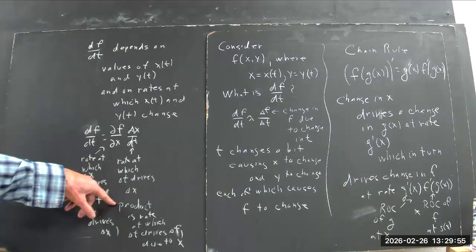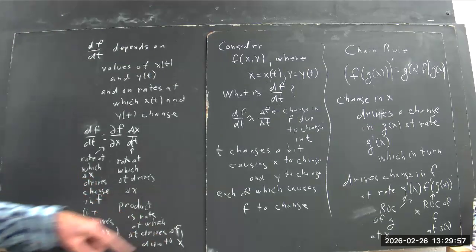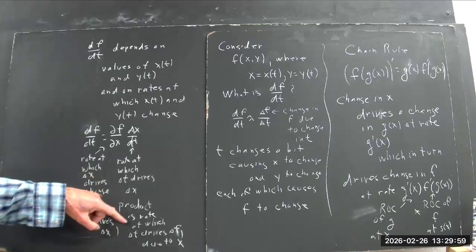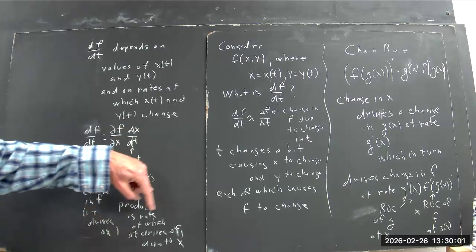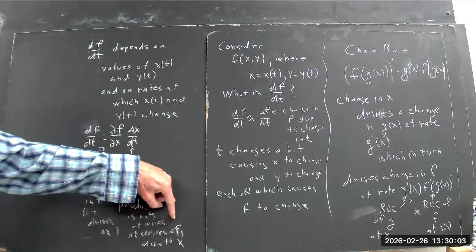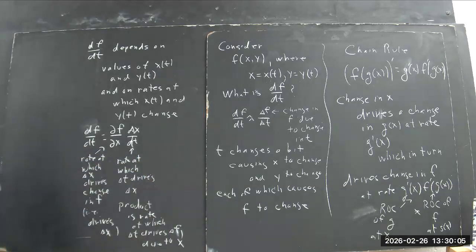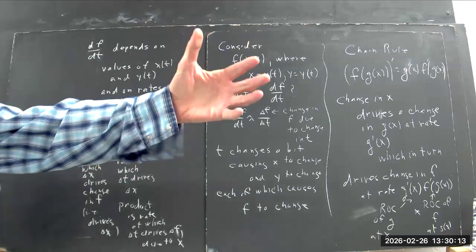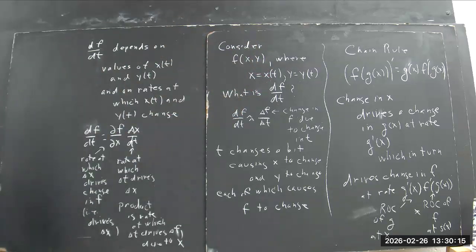But it's not the total rate at which a delta t drives delta f. It's the rate at which a delta t, the change in t, drives a change in f due to x. Okay? So the delta t makes x change, and that change makes f change. Okay? However,